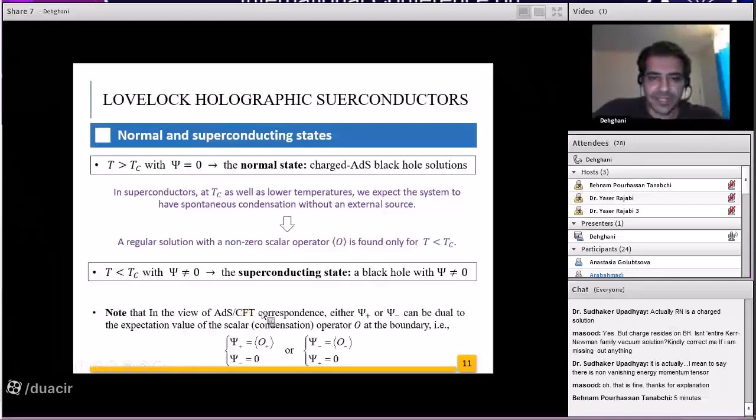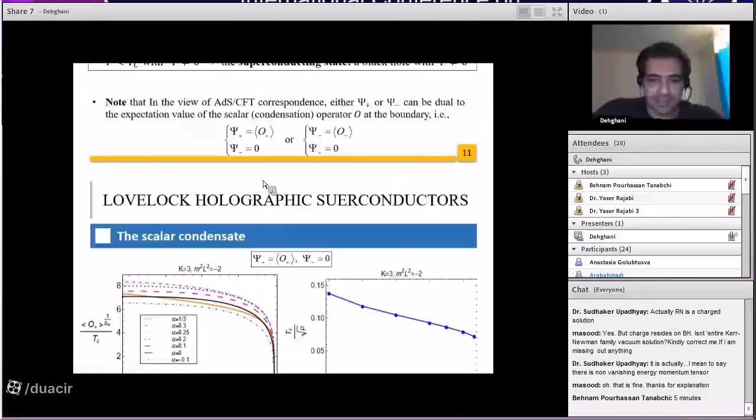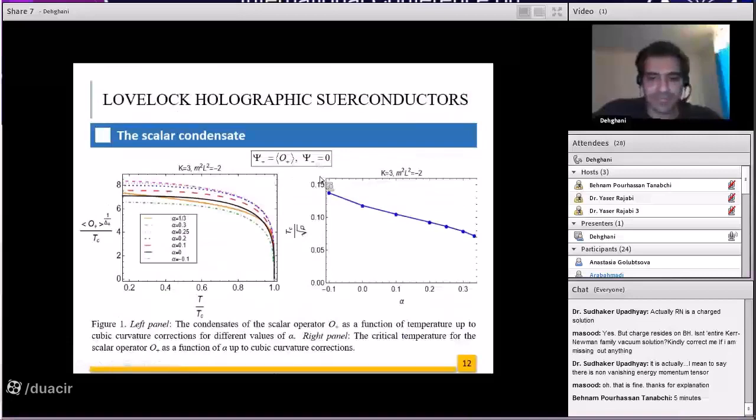In conclusion, the superconducting state can be identified with a black hole having a non-zero scalar. We should emphasize that in view of the AdS/CFT correspondence, either of psi plus or psi minus can be dual to the expectation value of a scalar operator on the boundary, and the other one would be the source, and during the superconducting state, we should turn off the source to have spontaneous condensation. Here, considering the psi minus as the source, the psi plus is the condensation,